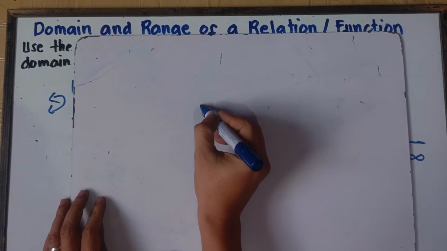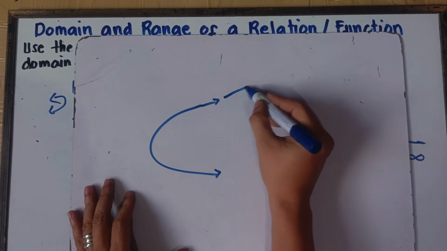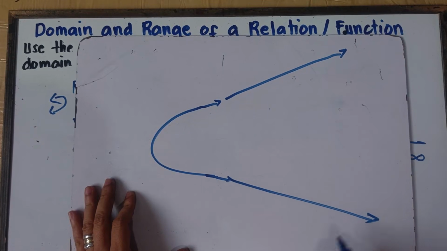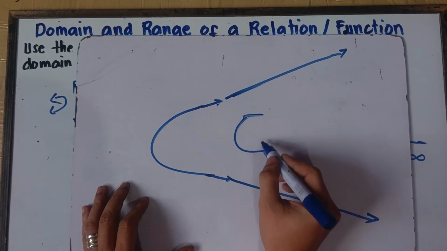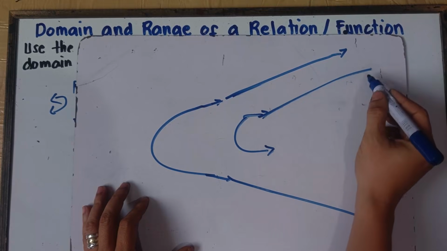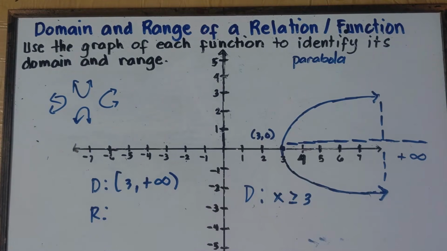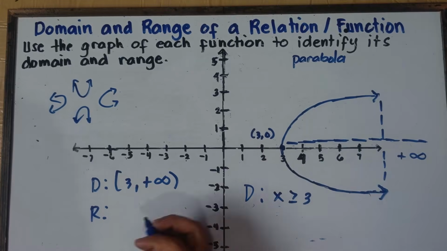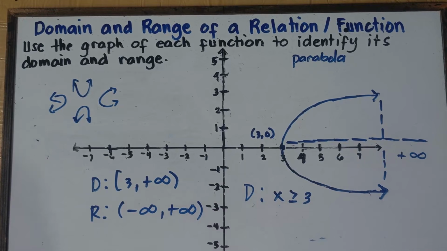Okay, you have this given parabola. Of course, class, it will extend infinitely. Going upward, it will extend. Going downward, it will extend. Why is that, sir? Because you have an arrow. Now, for a parabola, class, it will extend infinitely. So, therefore, you have an arrow. Therefore, it will go upward infinitely. It will go downward infinitely. Okay, so, therefore, class, your answer for the range would be from negative infinity, starting at the bottom part, up to positive infinity. So that would be parenthesis, negative infinity, comma, positive infinity. And that would be for the range, class.